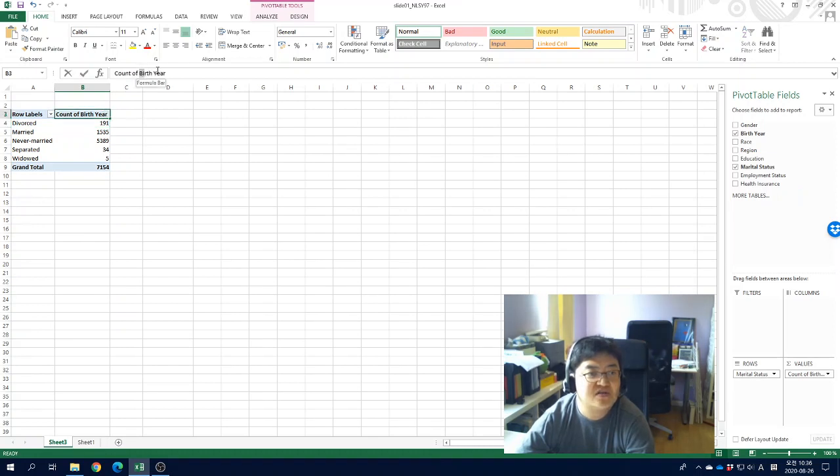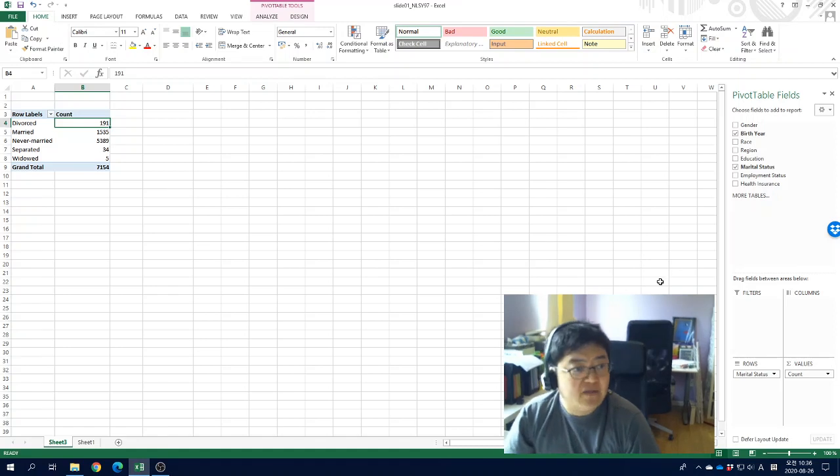Of course, you have to change this. It's not birth year anymore. Count. So for marital status, there are 5 different outcomes, and there are frequencies. And additionally,